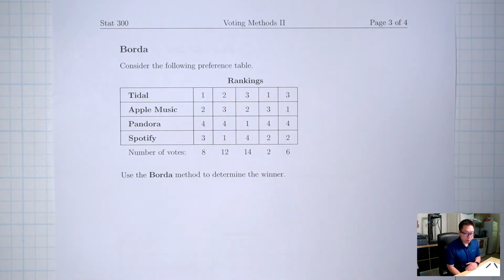Next up is the Borda method. Remember, we're going to count for each candidate first place, second place, third place, and fourth place votes. And then we're going to give points: 4 points for first place, 3 points for second place, 2 points for third place, and then 1 point for last place. Okay, so for Tidal,